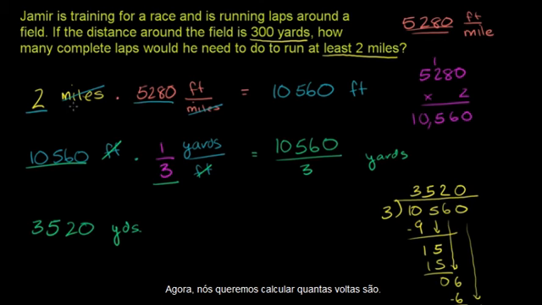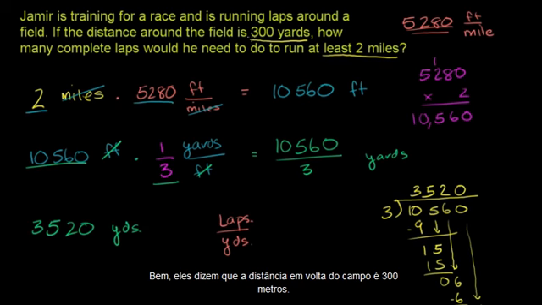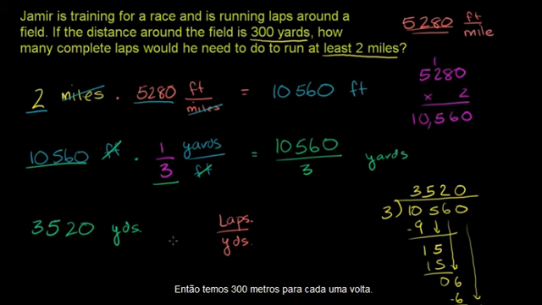Now, we want to figure out how many laps there are. We want this in terms of laps, not in terms of yards. So we want the yards to cancel out, and we want laps in the numerator, right? Because then when you multiply, the yards will cancel out, and we'll just be left with laps. Now, how many laps are there per yard or yards per lap? Well, they say the distance around the field is 300 yards. So we have 300 yards for every 1 lap. So now if we multiply this, the yards will cancel out, and we will get